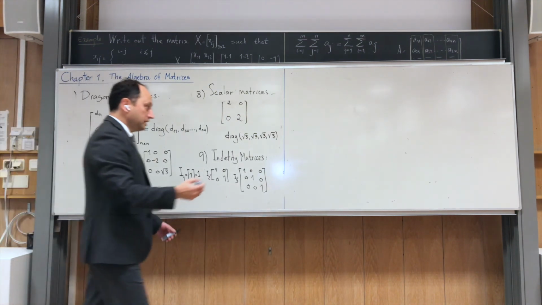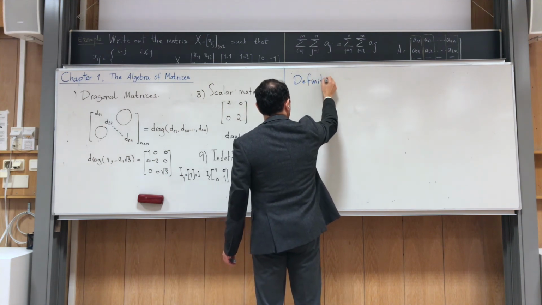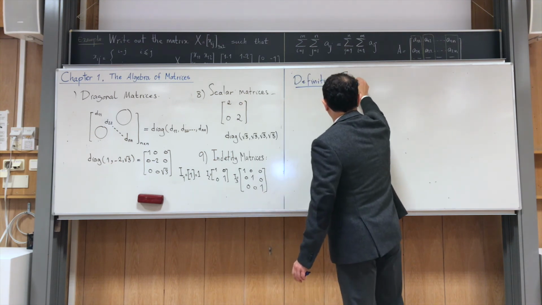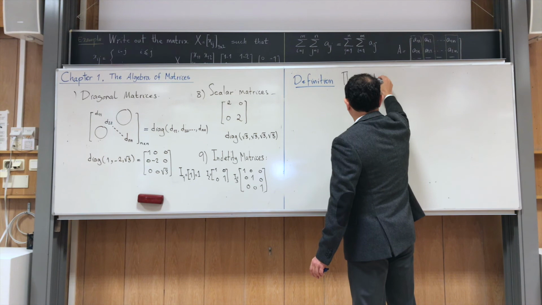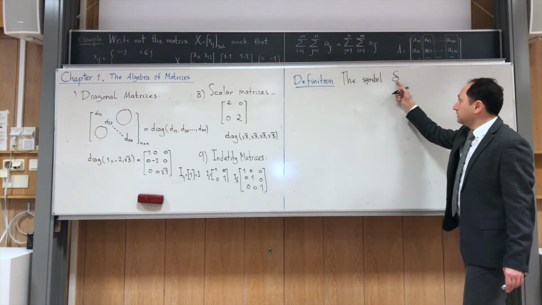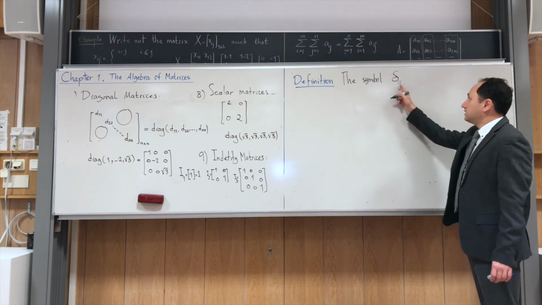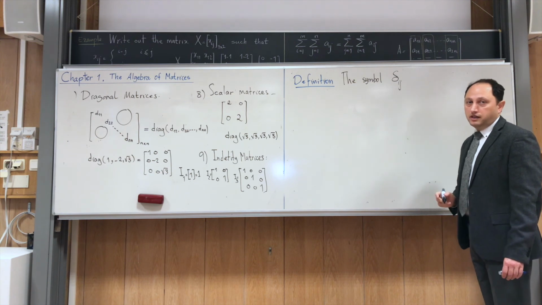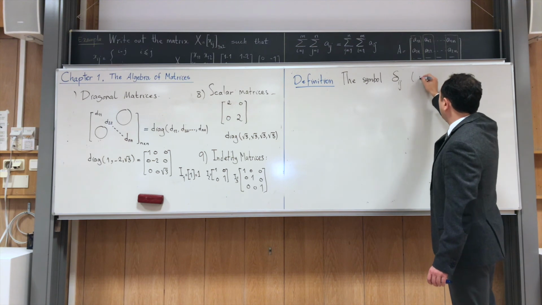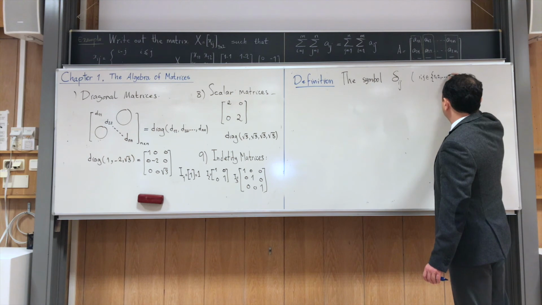Definition. The symbol delta, where this delta is the lowercase Greek letter delta equipped with two indices i and j, where i and j come from the set of positive integers, the symbol delta ij, where i and j belong to the set of positive integers,